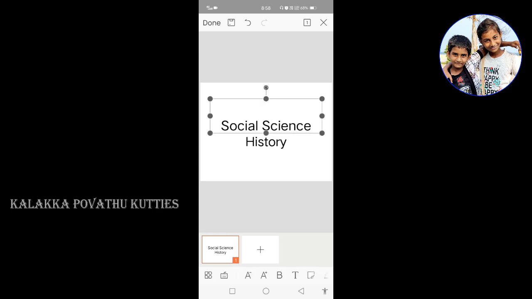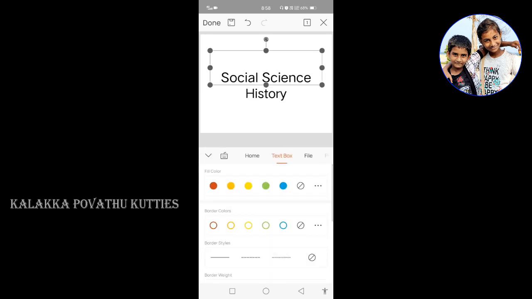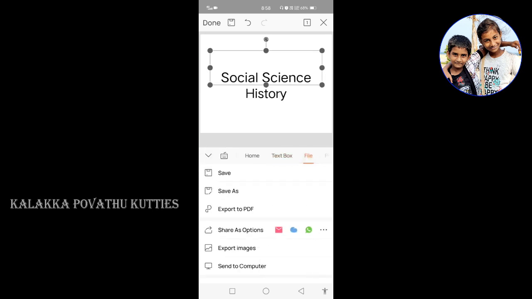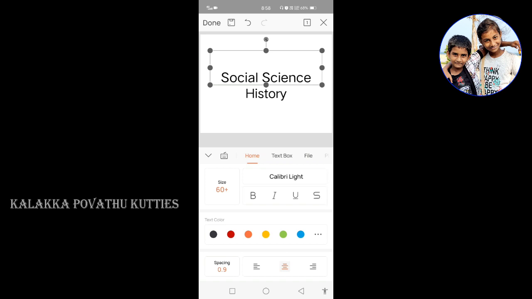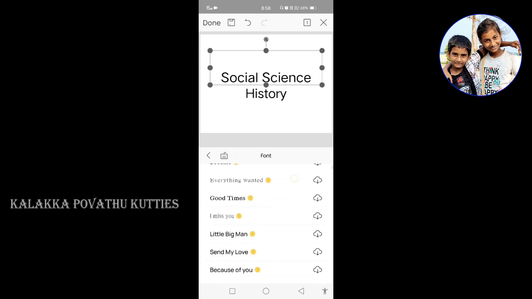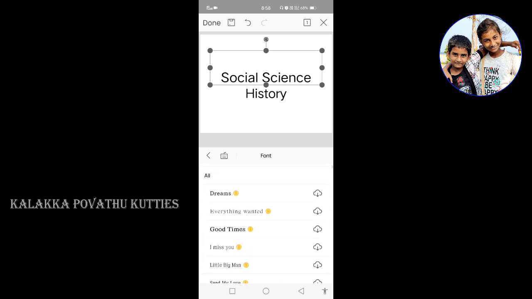Now I am going to make social science in another font. It is in Calibri Light. See here, font styles are many. There we want to pay cash.